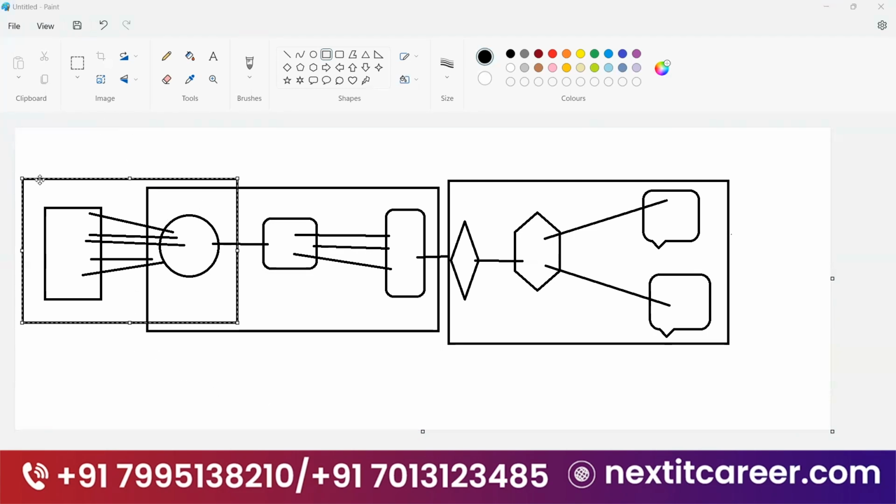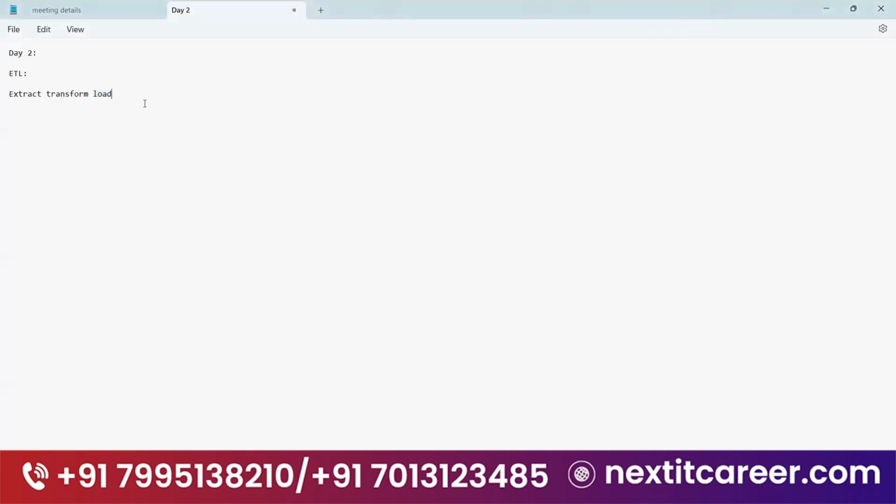So this is the process. We will have an application, with regular applications. Suppose it's a banking application. Whatever transactions are done in the banking application, those transactions will be loaded into the database. From the database, we are responsible to perform some ETL jobs, and we will load the data into the